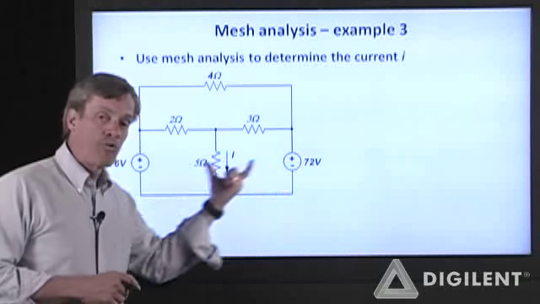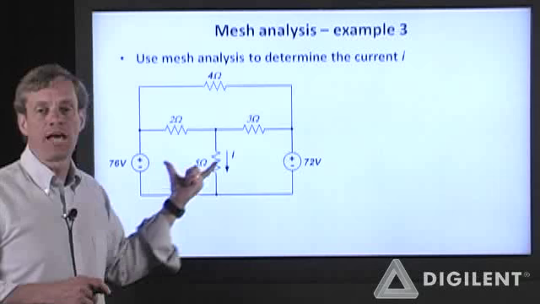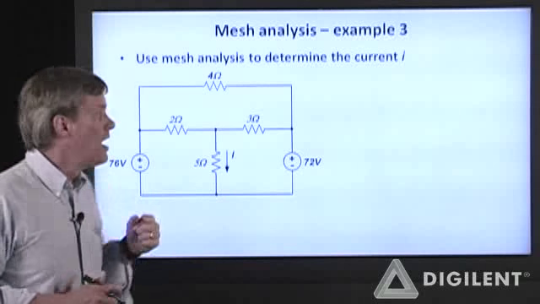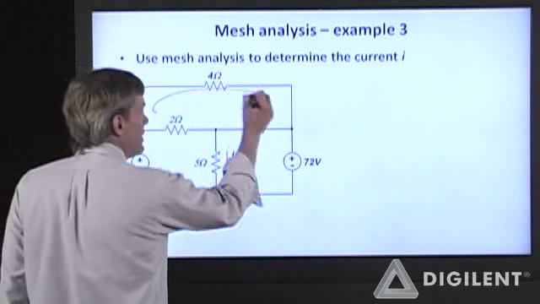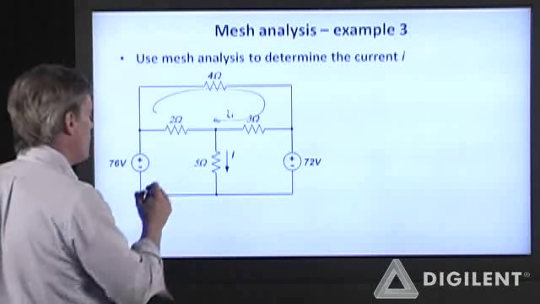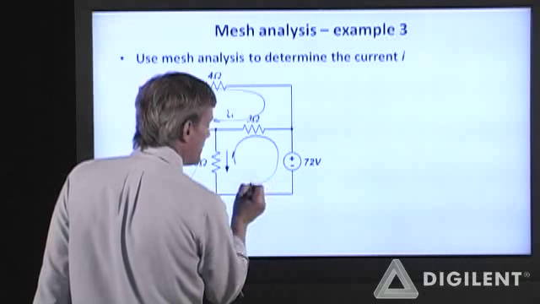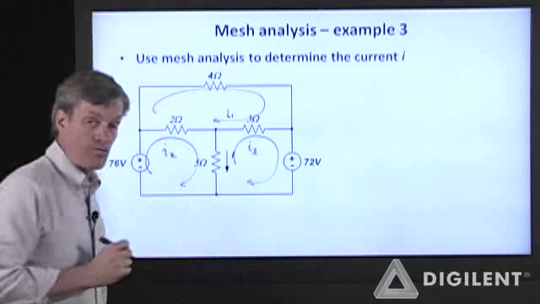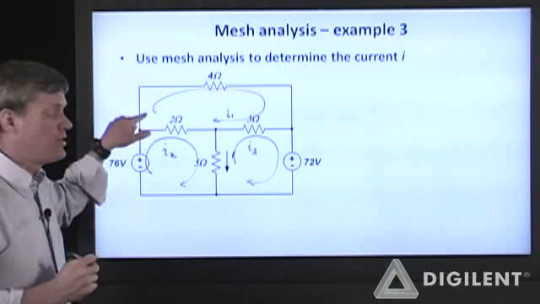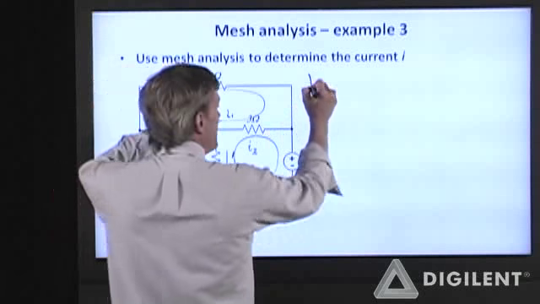I don't break the loops anywhere. I don't end up with any constrained loops because I have no current sources. I'm going to rather arbitrarily choose this loop as my mesh current I1, this as I2, and this as I3. Now I need to apply KVL around each of these loops. For loop 1,